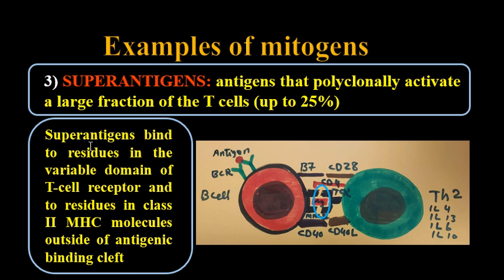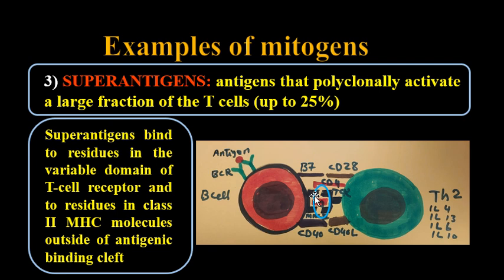The third example of mitogens are superantigens, which are antigens that polyclonally activate a large fraction of the T cells, up to 25%. And as can be seen here, this is an interaction between the T helper 2 and B lymphocytes. So superantigens simply connect the T cell receptor to major